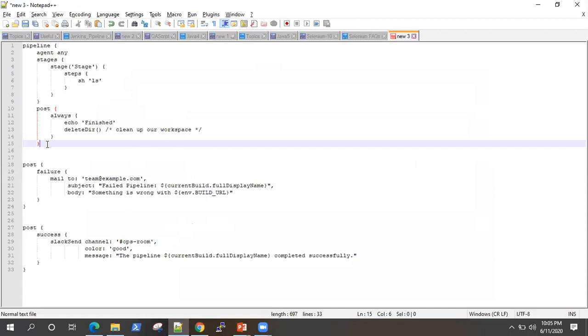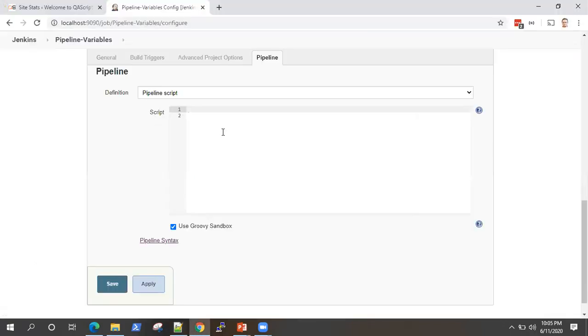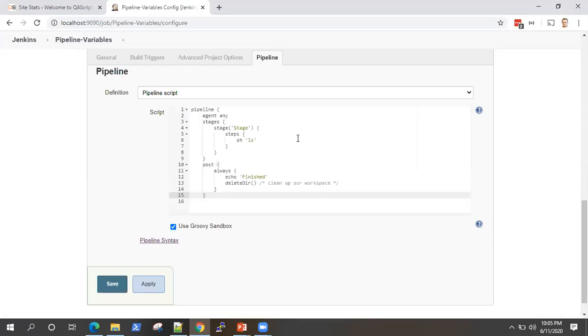I have a couple of snippets, scripts, which I'm going to use. So this is a simple pipeline script, as you can see, which has got one stage and one shell command, right?